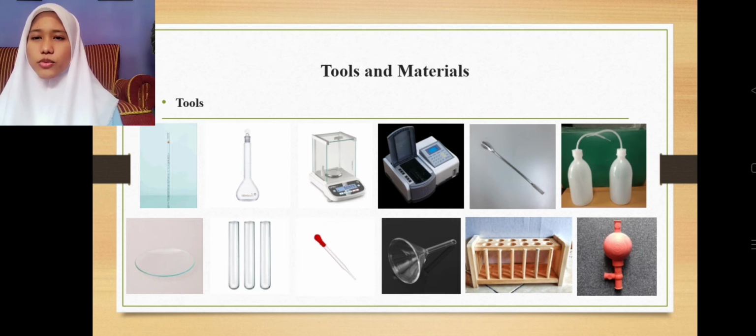The glass funnel is used for moving or pouring solution into a container or flask that has a small entry opening, or for small material samples. It is also a tool in filtering, namely to hold filter paper. The tube rack is used to store or arrange test tubes. And the last, the ball pipette, is used for sucking up the solution, and can be attached to the top of the measuring pipette.